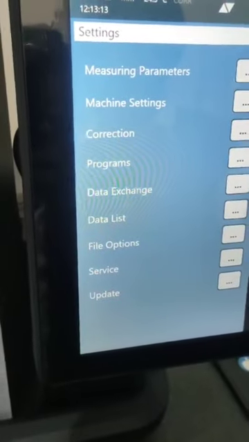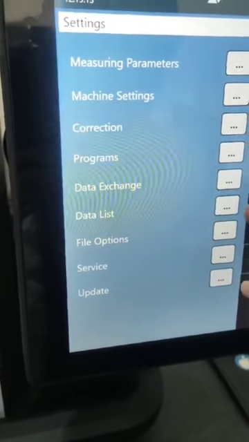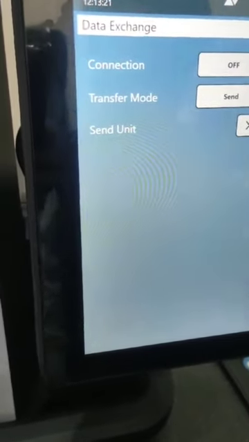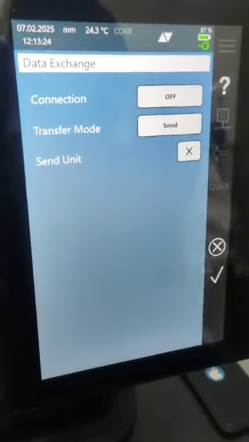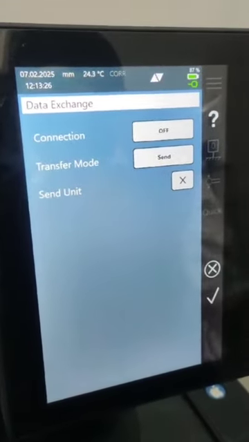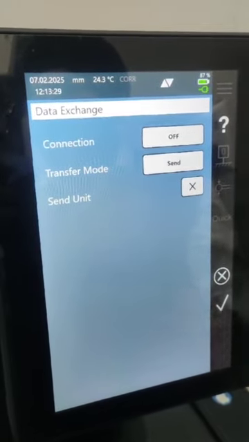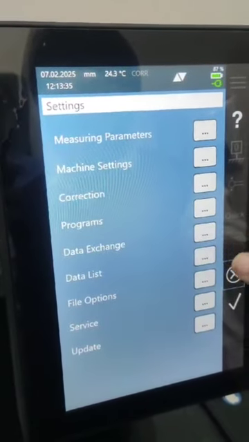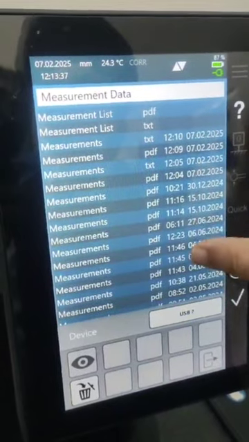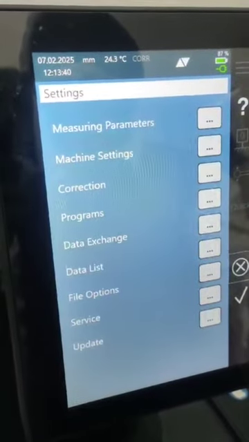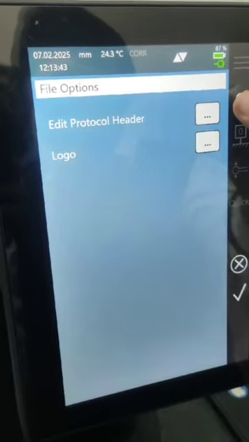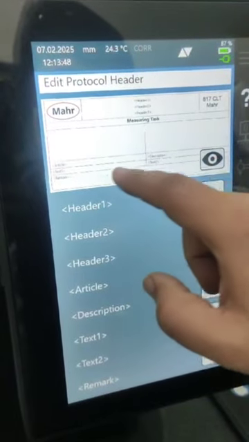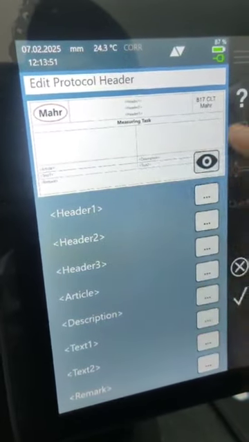Again, these correction programmings are done by us. Even in the data exchange, you can transfer some data. In this machine, we have a facility: if you are using our micrometers, vernier calipers, or even our roughness tester, you can exchange the data between them. Their machine data can come into this display unit. This is the feature of this, and then we have the data list. Here is the data which we have prepared. Then file options, you can edit that PDF file, the protocol header, like this kind of header. What is the operator name, what is the part name, what is the component name, you can